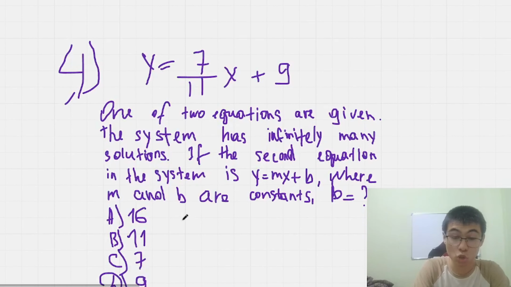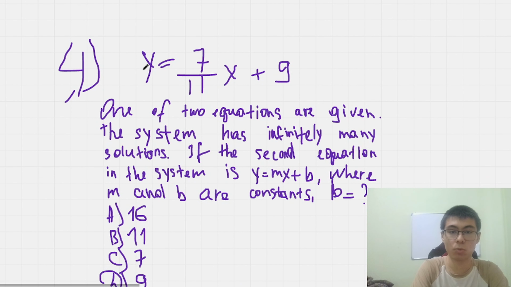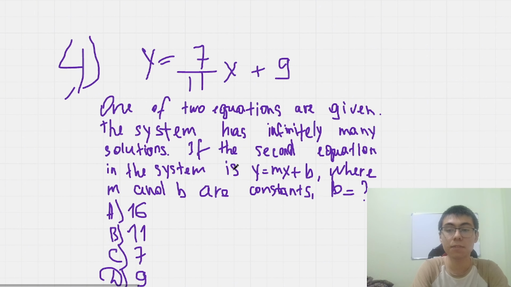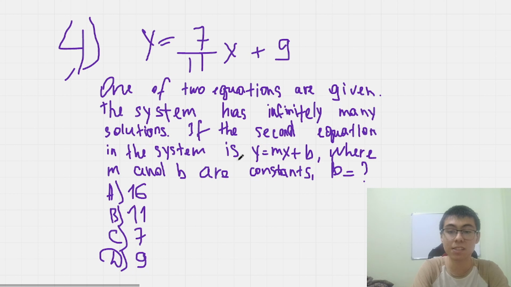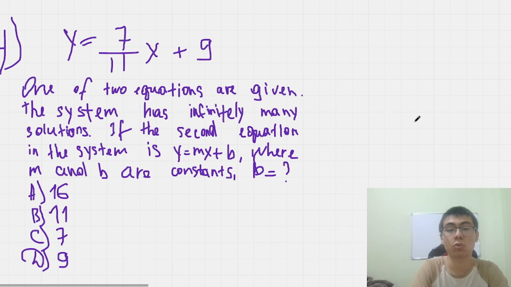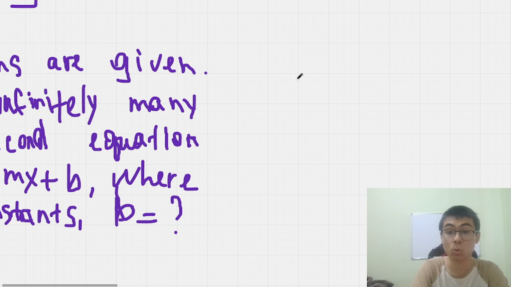So question number 4. Here we have one equation. So one of two equations is given here. The system has infinitely many solutions. If the second equation in the system is y equals mx plus b, where m and b are constants, b equals what? Okay, so you need to understand the rules of infinitely many solutions. For the system to have infinitely many solutions,